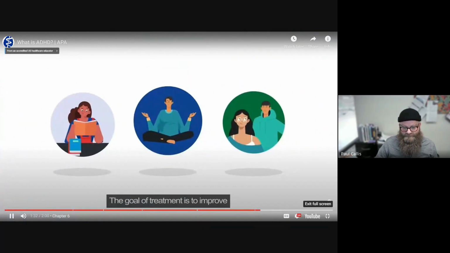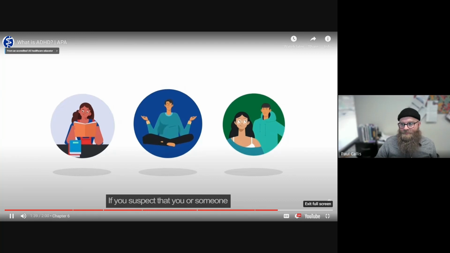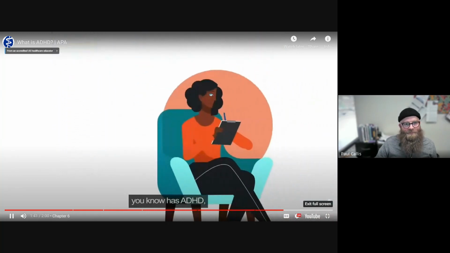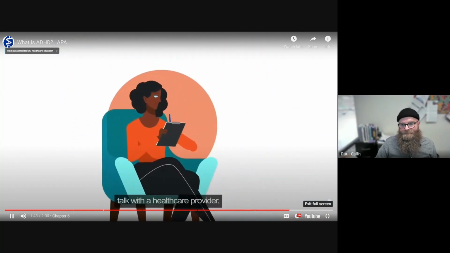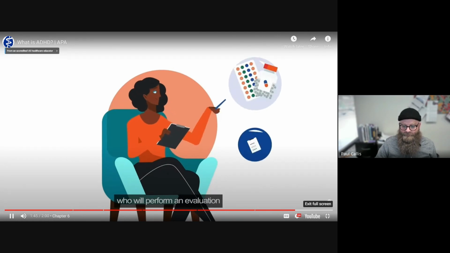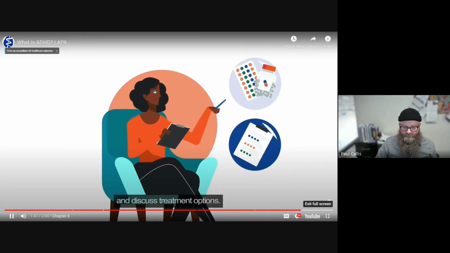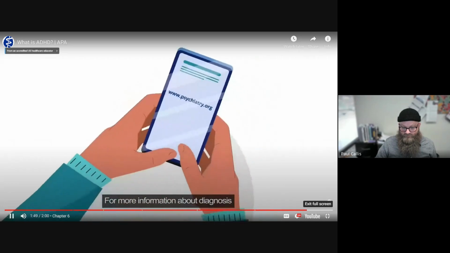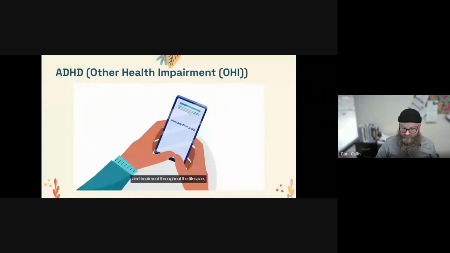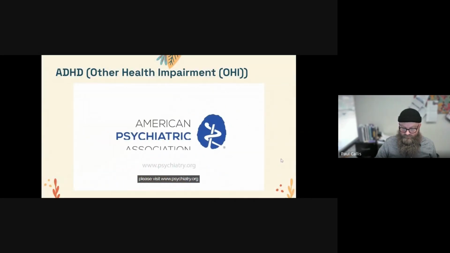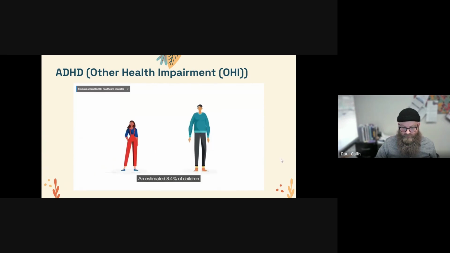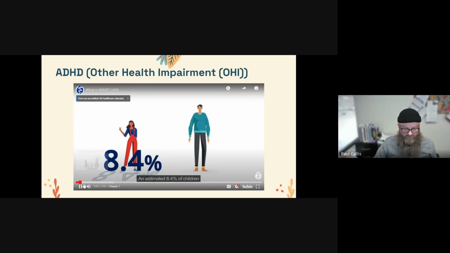The goal of treatment is to improve symptoms and to restore functioning and performance at home and work or school. If you suspect that you or someone you know has ADHD, talk with a healthcare provider who will perform an evaluation and discuss treatment options. For more information about diagnosis and treatment throughout the lifespan, please visit www.psychiatry.org. An estimated 8.4% of children and